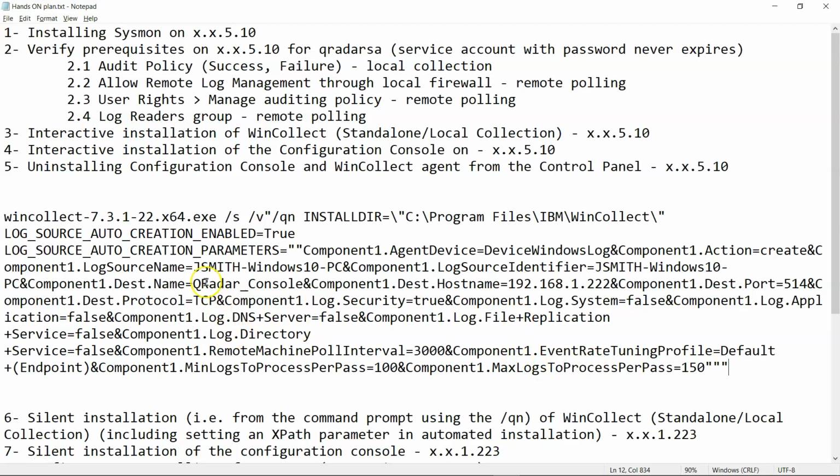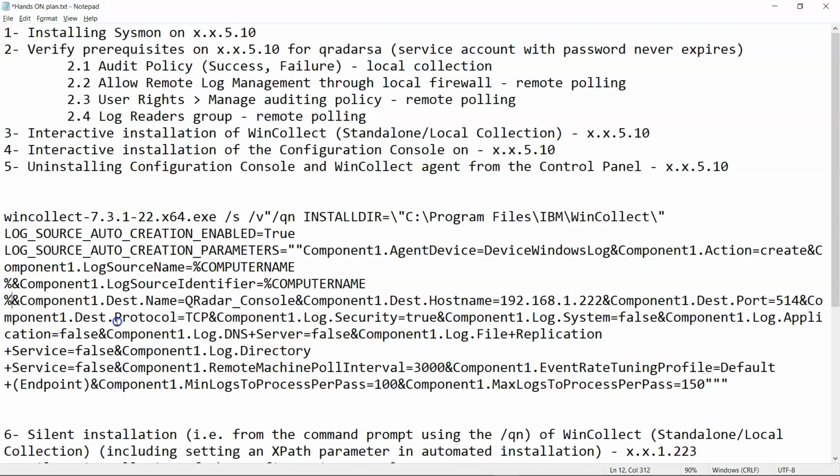So how to generalize? From here, John Smith's Windows 10 PC, we can make it like this: computer name. You can give this command to the custodian or the person responsible for Microsoft SIEM, and tell him to take this command and apply it on, say, 1000 PCs. Every PC will accept the command and will include its own computer name instead of John Smith or a specific one. Again, we can put computer name for the identifier, and you can see that the rest are all